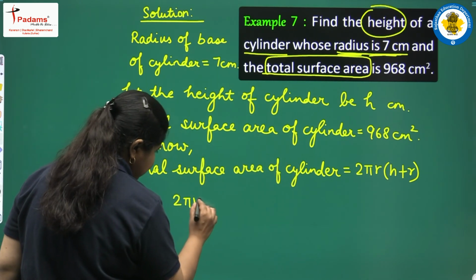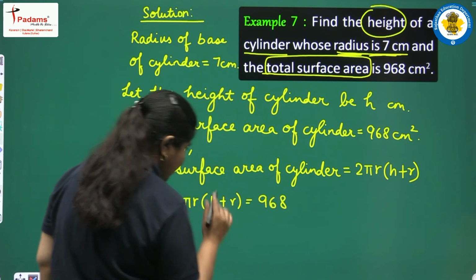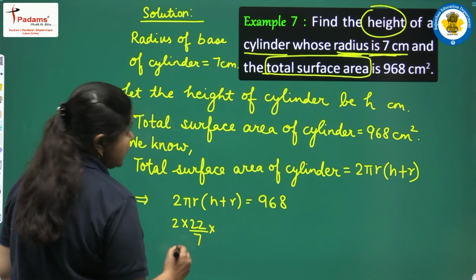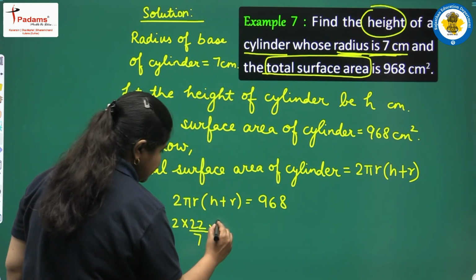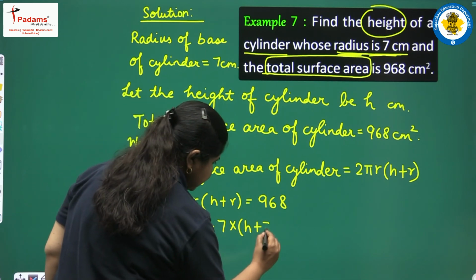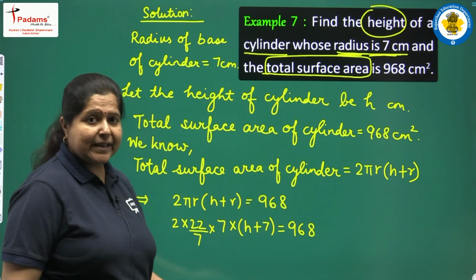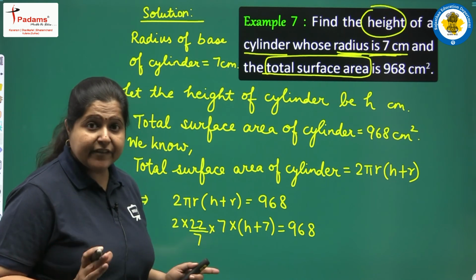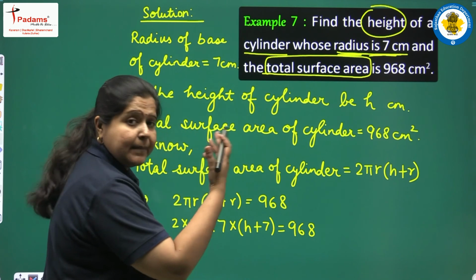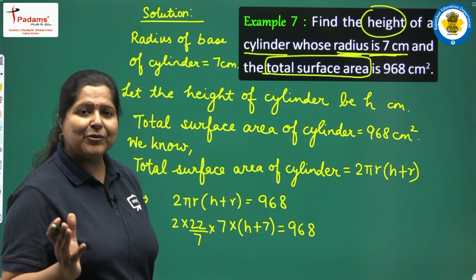2 pi r into h plus r, this will be equal to 968. Now place in these values 2, 22/7, R हमारे पास है देखिए कितना 7 सेंटीमीटर, सो 7 इंटू H, इट इज़ अननोन तो H ही रहेगा, प्लस 7, दिस इज इक्वल टू 968। यहाँ से हमें एक इक्वेशन मिल गई वेरिएबल H में। अब क्योंकि H की वैल्यू फाइंड आउट करनी है तो LHS में H के साथ ये जो नंबर्स हैं एक एक करके उन्हें हम RHS में ले जाएंगे, H को सेपरेट करेंगे इन सभी नंबर से और H की वैल्यू हमें मिल जाएगी।